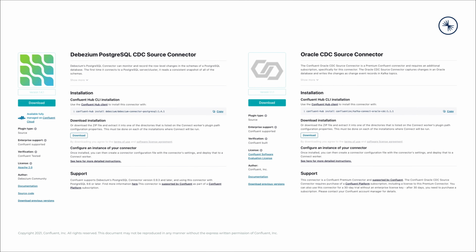Examples of log-based CDC connectors would be the Confluent Oracle CDC connector and all the connectors from the Debezium project. Debezium is an open source project that does CDC really well. It's basically a bunch of Kafka Connect connectors that'll talk to Postgres, MySQL, SQL Server, some other things. There's potentially support for Cassandra being worked on in the open there. So all kinds of neat things going on, and good use you can get out of Debezium for log-based CDC.